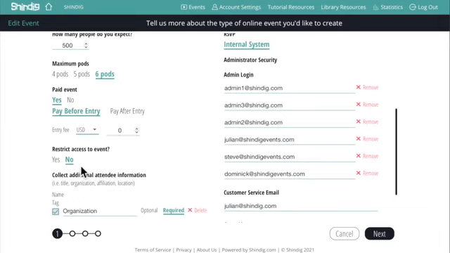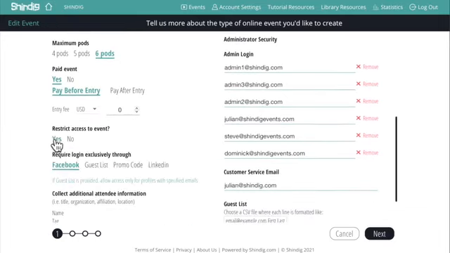Below that, we have the ability to restrict the event. So we're going to be able to restrict by Facebook or LinkedIn login, a promo code which essentially functions as a passcode, or the most secure option, which is a guest list. If you choose the guest list option, you'll need to bring a CSV file, and you'll upload it right here